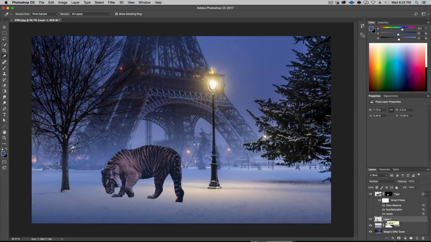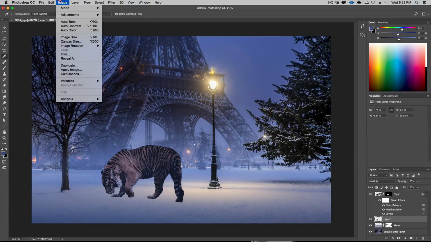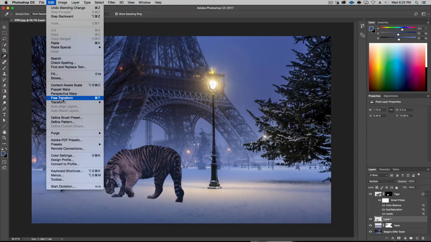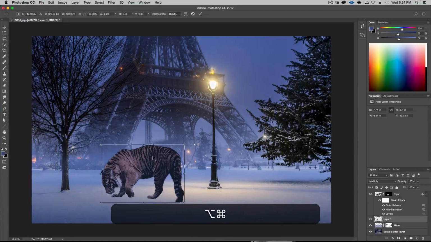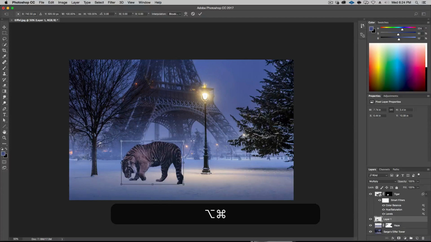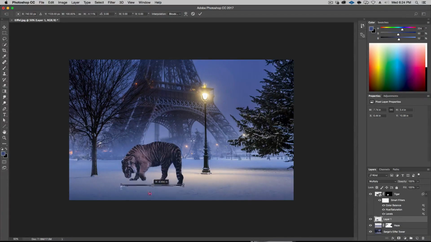All right, so now we're going to do a free transform once again. So Command T or edit menu, transform. And I'm going to have to zoom out. So Command Alt minus. PC it's Control Alt or Control Option. All right, I'm going to go ahead and do this. I flip it upside down, and I actually want to move this.